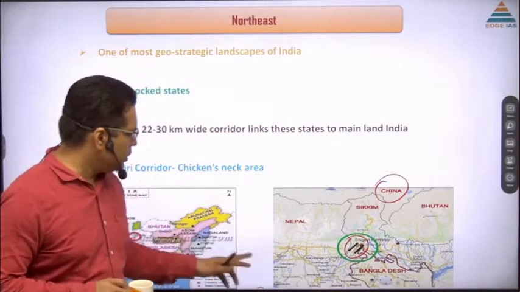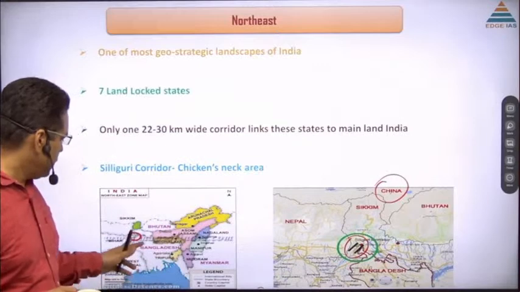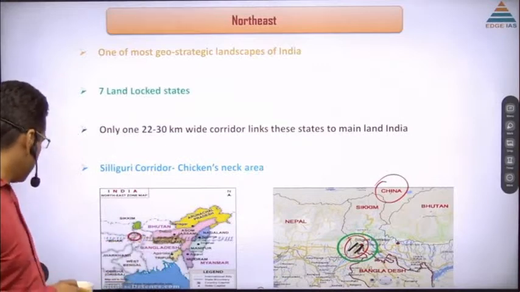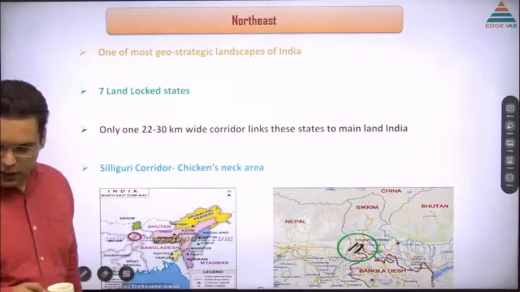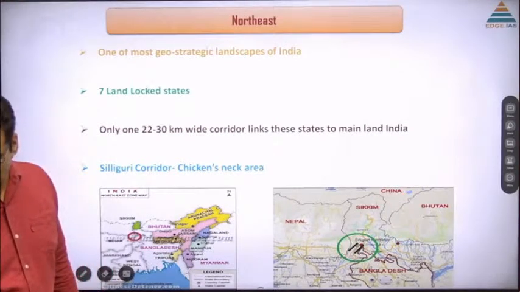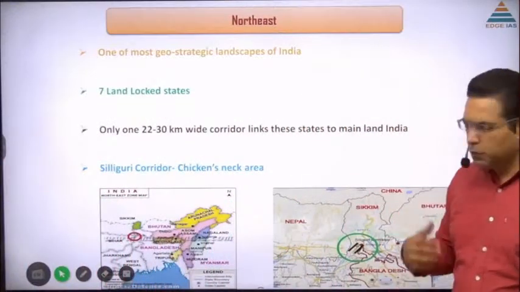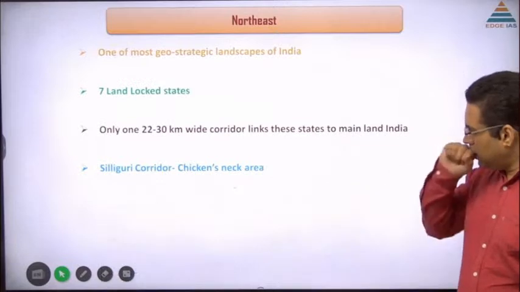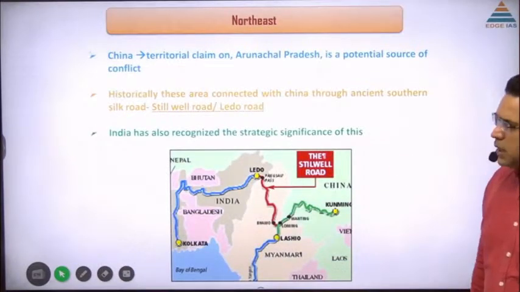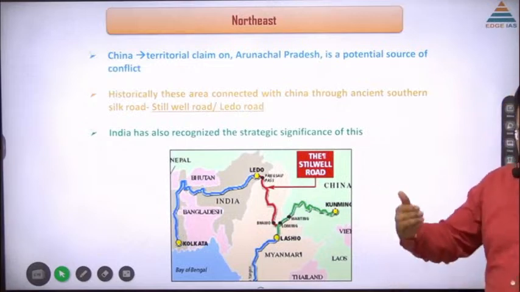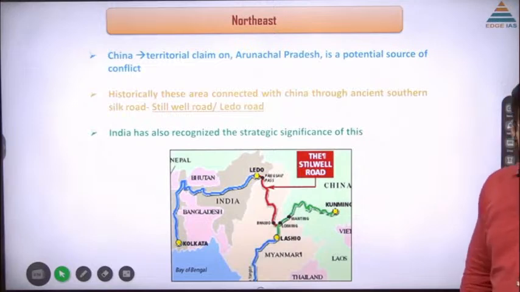So this chicken's neck, also called the Siliguri corridor, is the connection, you can see the red one, a very small narrow stretch. So we have to be very careful here because any nefarious advances by any of the states have to be countered. Then there is another problem, that is the claim of China. Now China claims, if you see Arunachal Pradesh, China claims that this land, Arunachal Pradesh, is